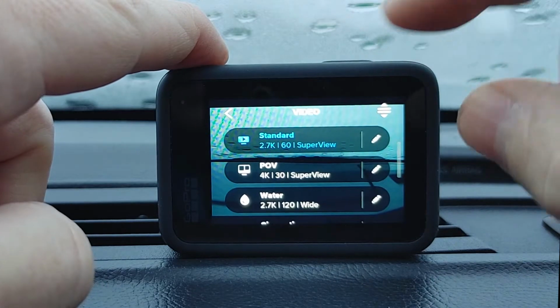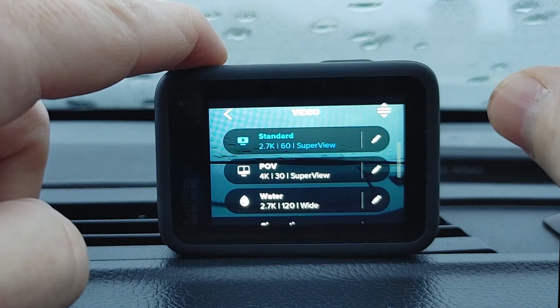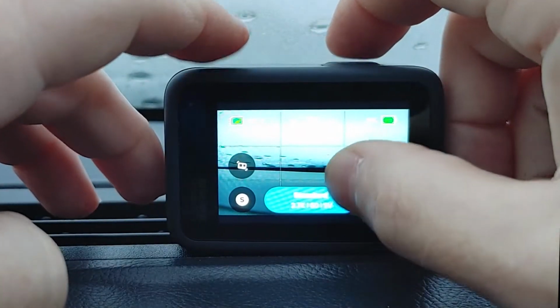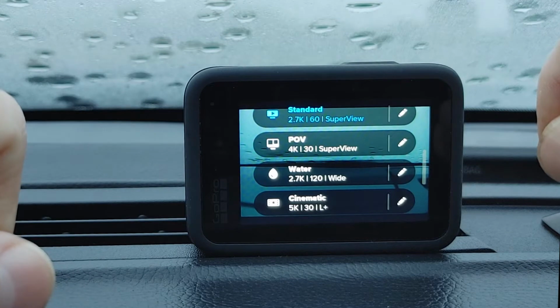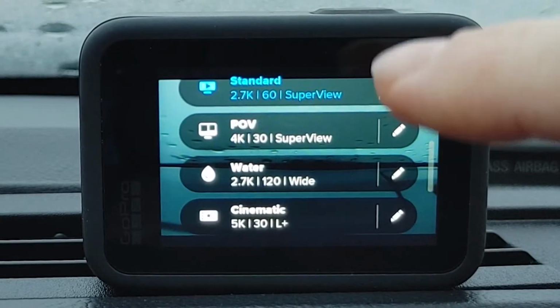So our second setting is just POV, 30 frames per second in SuperView, and that's when I use the bite mount if I want to be able to get forward facing, looking at the wave. And then our main setting that we normally use for surfing on good days is our water setting here,